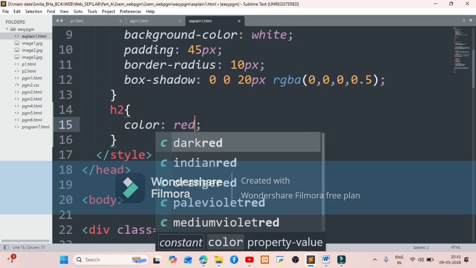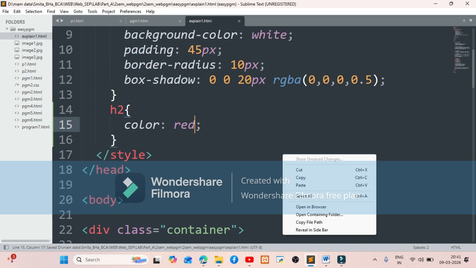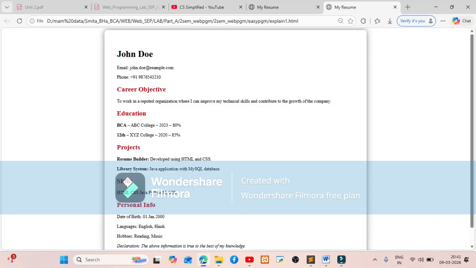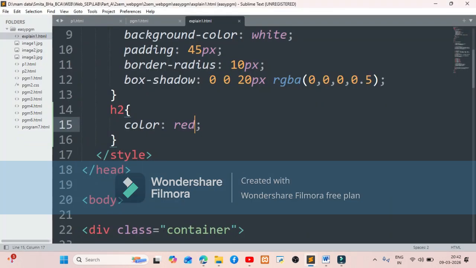Let's make it red. So we save our file and we say open in browser. So now you can see that all our subheadings or all our H2 tags are in red color. So what you have understood now from this example, you can give the style to the tags separately. There is no need every time to group the tags together and make it a class. Okay. So it totally depends upon how you want to display the content. Either we can have the div class or directly we can use the tag name itself.